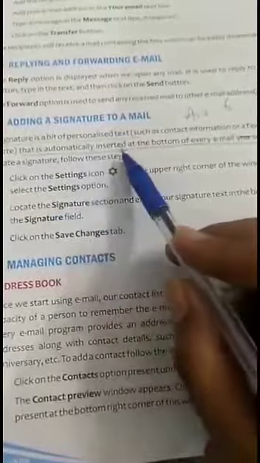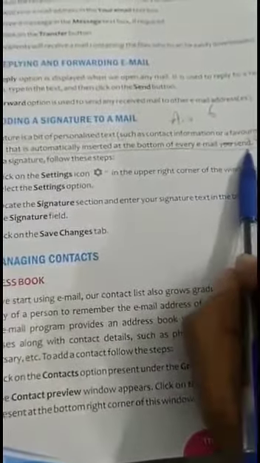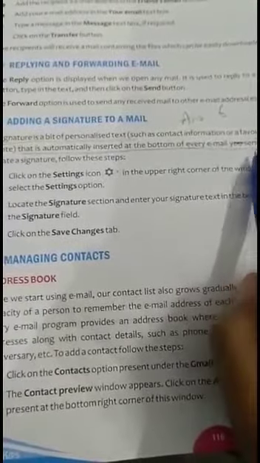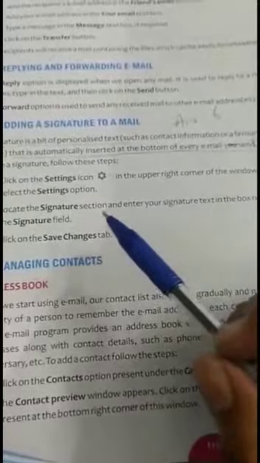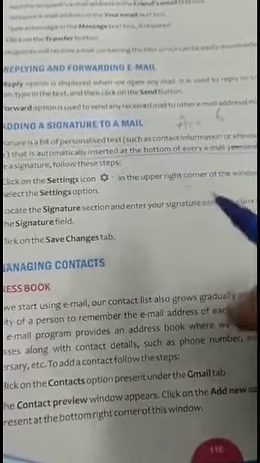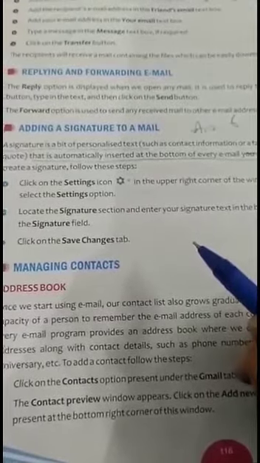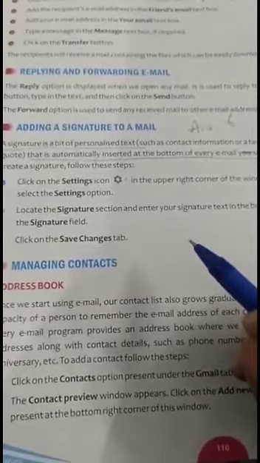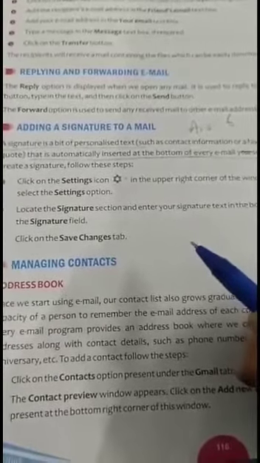That is automatically inserted at the bottom of every email that you send. Basically, it is a block of text automatically appended at the bottom of an email message. Generally, it is used to provide the recipient with your name, email address, business contact information, and website URL.